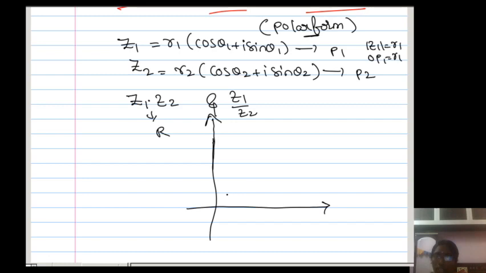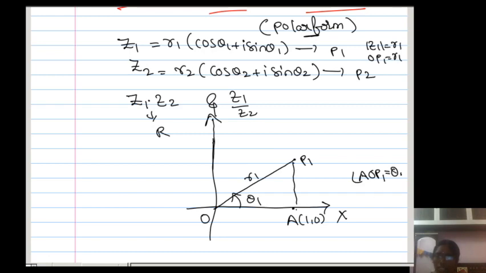So how do we denote the point P1 here? Let us say the origin is O. For example, if you take P1 here, what is OP1? Mod z1 is r1. What is the angle here now? This is the angle theta1. Next, I am taking some point on the x-axis, let us say (1, 0), 1 unit. Now, if you draw the figure and form a triangle AOP1, what is the angle AOP1?